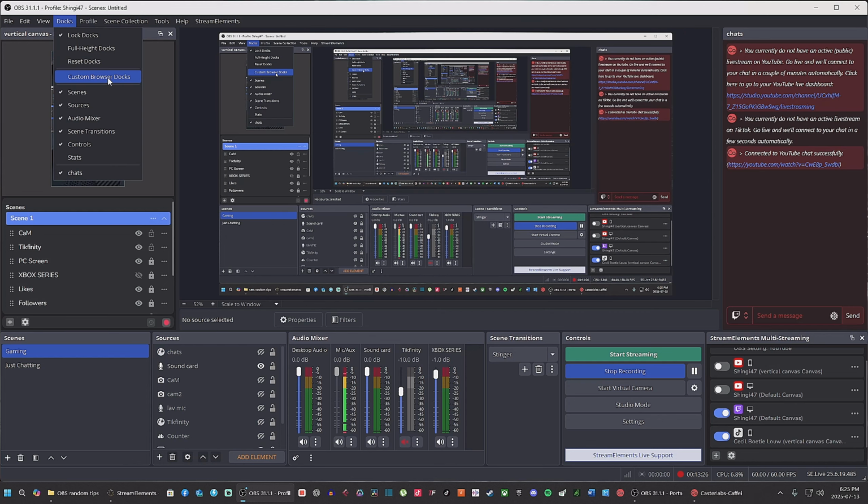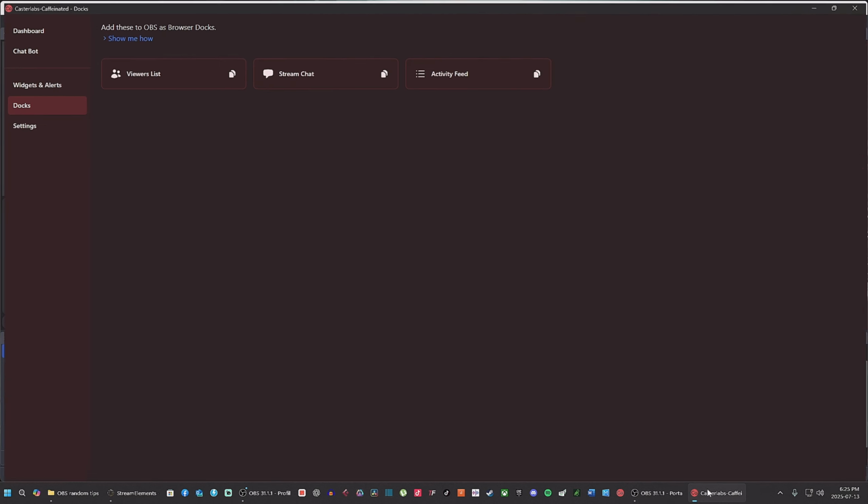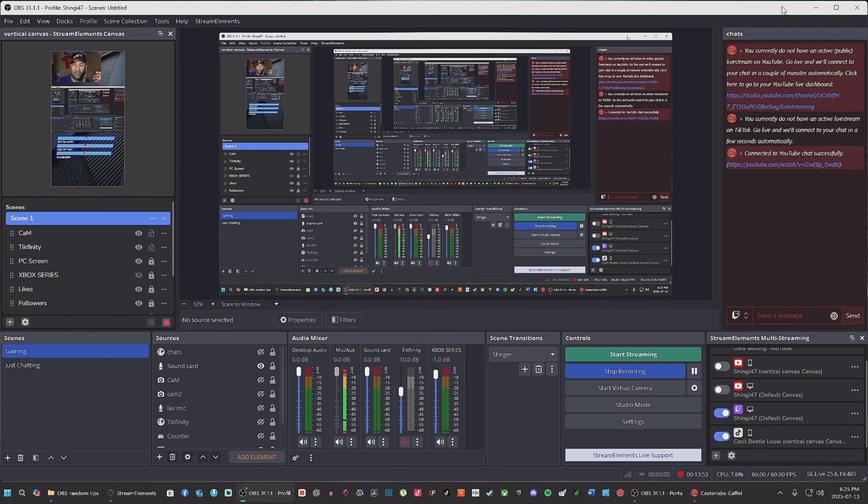But also, you go to custom browser docs, chats, you copy that link we copied there by Caster Labs. This link, you go and paste it in here. Just create a new doc. You call it chats, you copy it here, apply, boom, you have this chat doc. Good to go. Just click here, all, then all your chats, YouTube, TikTok, Twitch, the ones I'm using, is coming